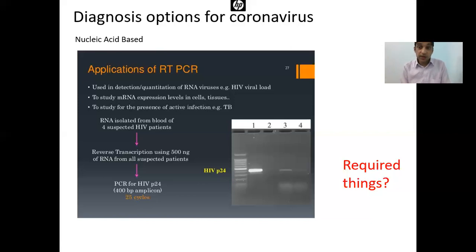So when you hear the news, I don't want to be offensive, but in the news and other channels, when you hear that somebody has developed a kit to detect the coronavirus, I don't want to mention the name. Whether it's right or wrong, somebody is trying. I like the effort, but you should understand as a student what those people have done. What they have done is that they have created the primers which are specific to the coronavirus nucleic acid sequence. So they can amplify.